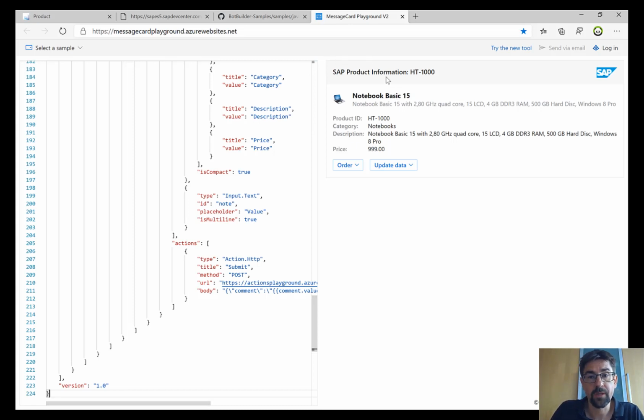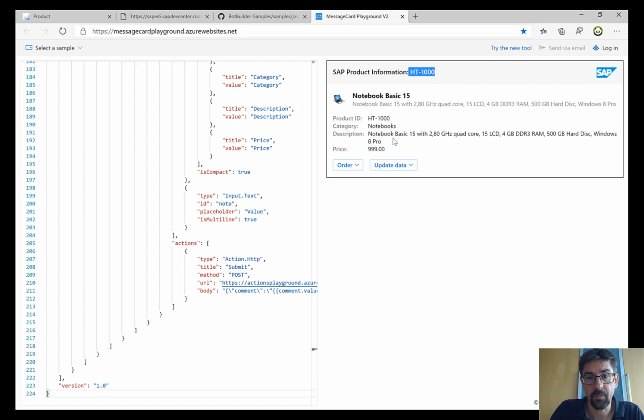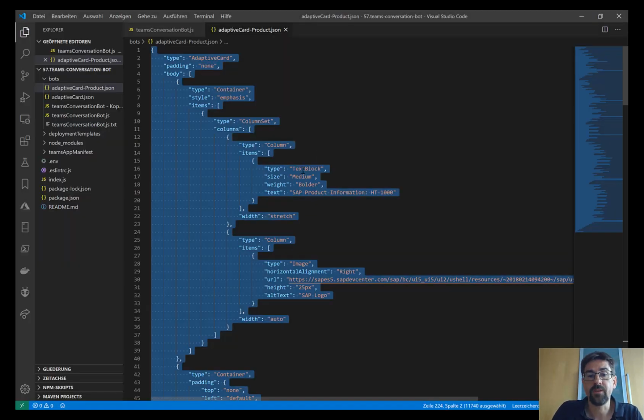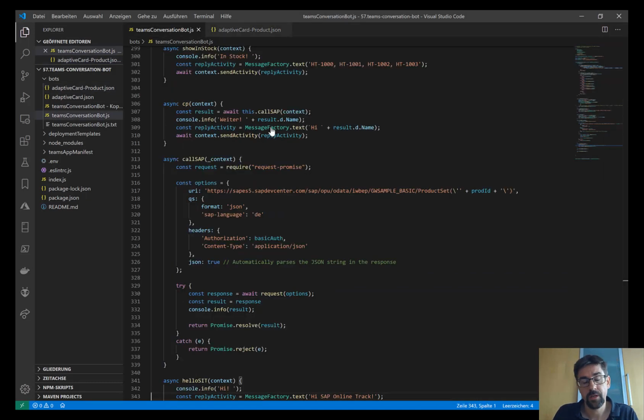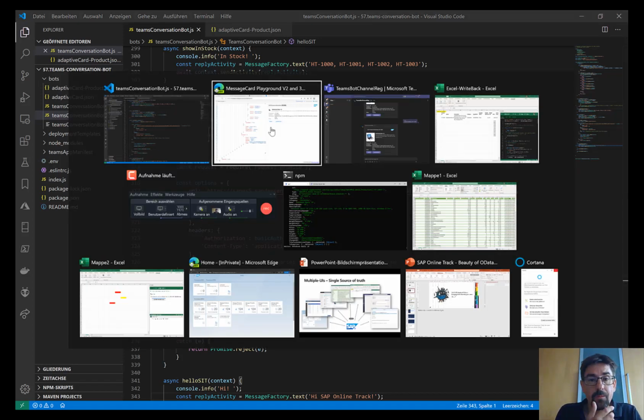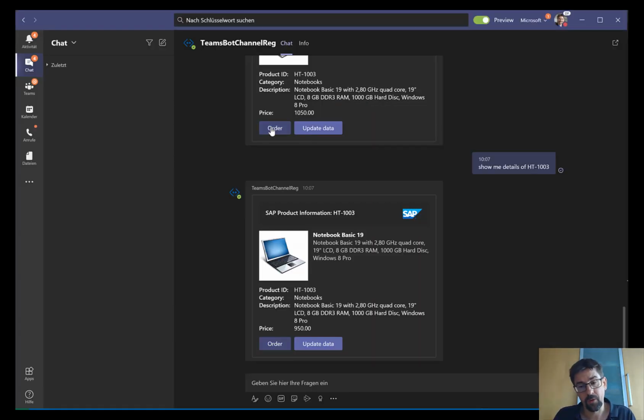So here, for example, is the template that I had created. Obviously hard-coded information in this example, but you can really easily get started with this, and that's the same adaptive card, obviously in a generic manner, that I'm then also using here in my Teams integration. So with this, we've now been able to get the data from SAP Fiori in Excel, in Teams.